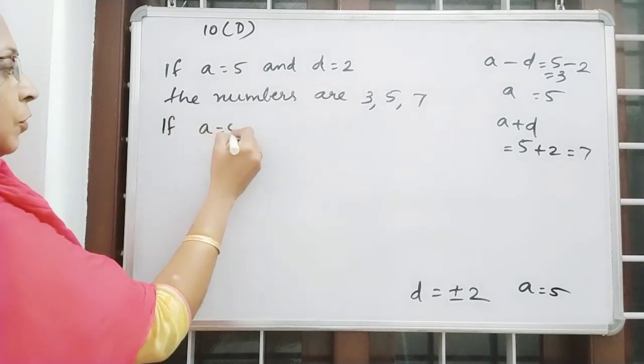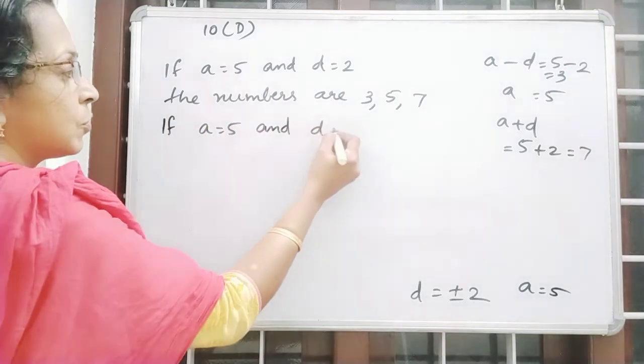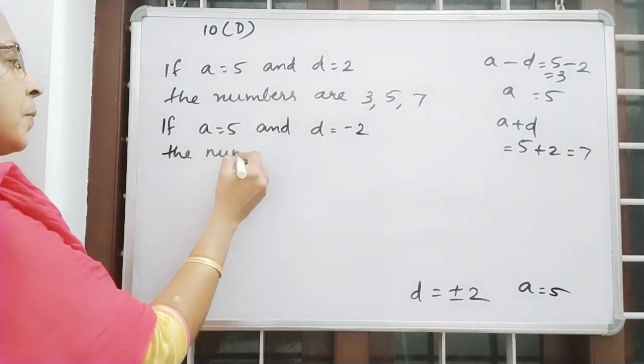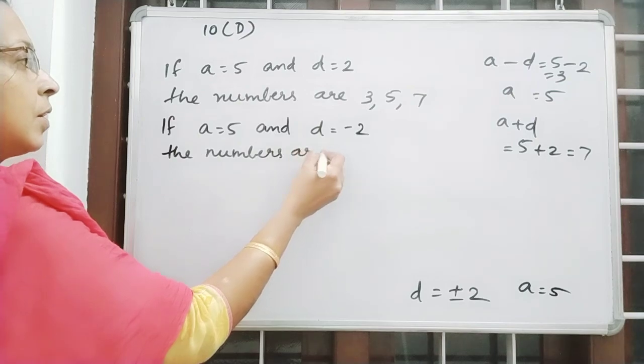Then similarly, if A is equal to 5 and D is equal to negative 2, so therefore the numbers are